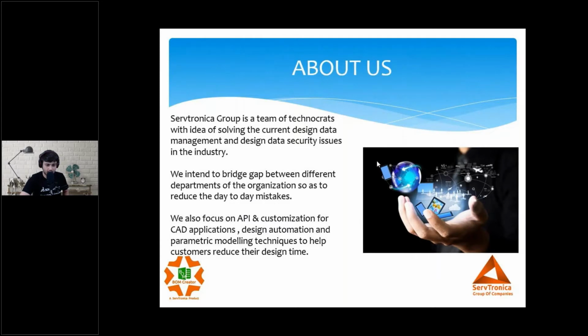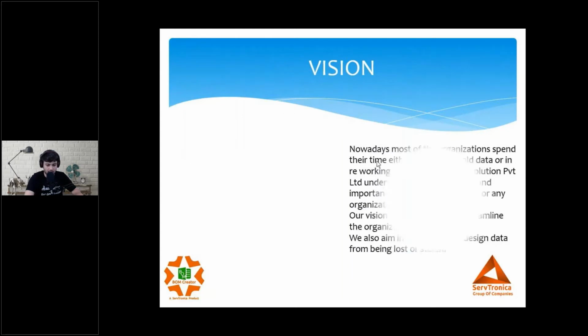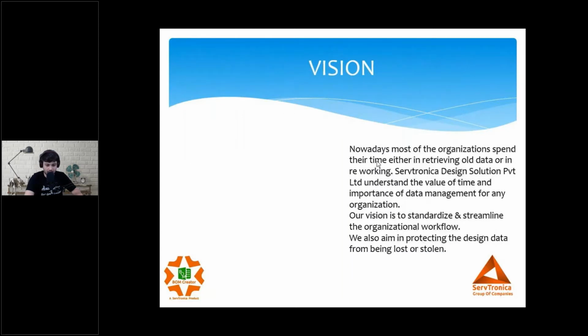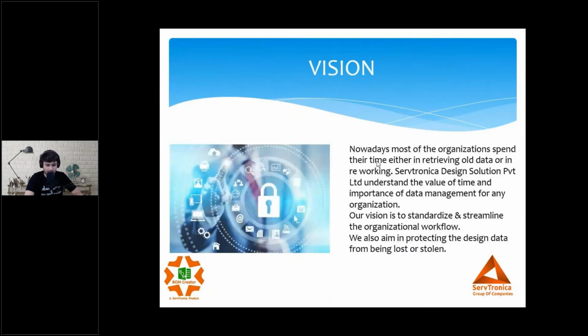We often see in the manufacturing sector there are delays in production and miscommunication between the design and production departments or the rest of the departments. So we were formed to resolve these kinds of issues, keeping in vision that we want to standardize and streamline the organization workflow and protect the data from being lost or stolen.